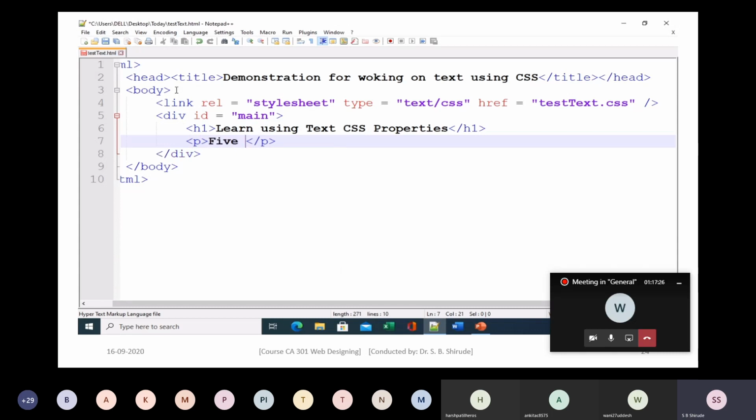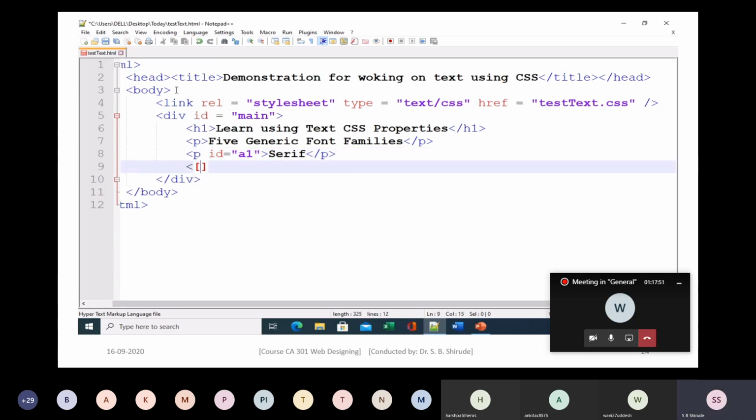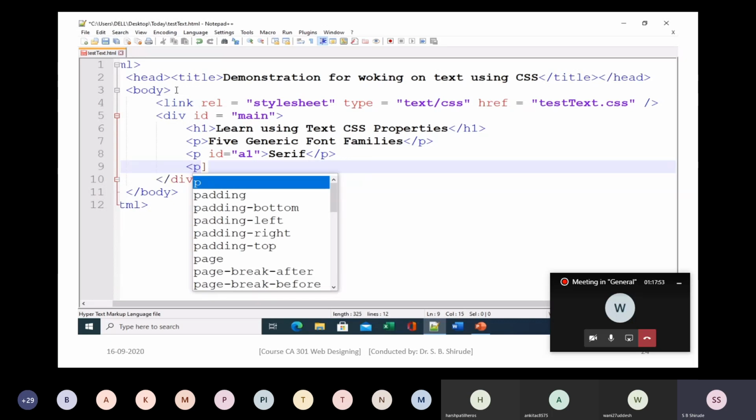And then here put font families we are going to implement. So 5 generic font families. First font family is serif.